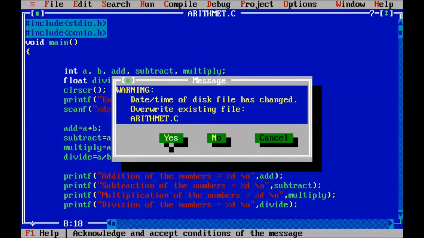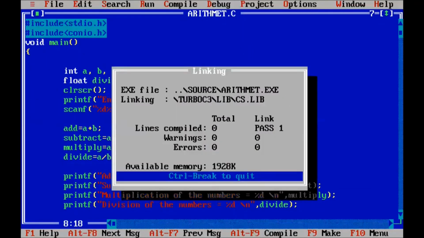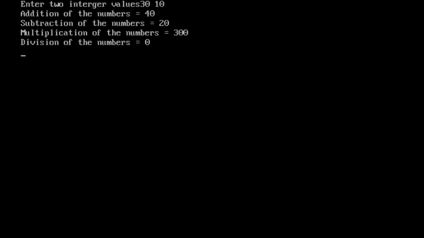This message shows override of this program. There is no warning, no error. Enter two integer values. Here we give 30 and 10.